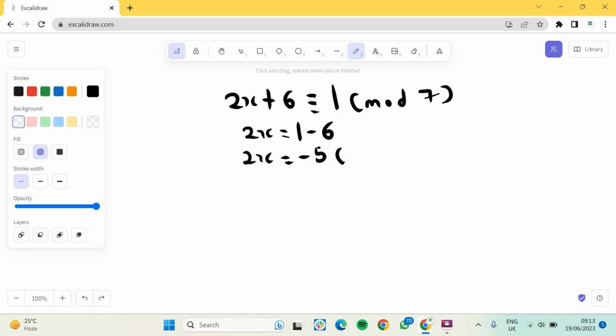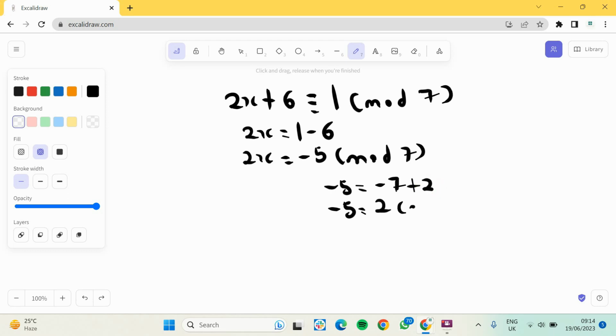So how can I take this minus 5 from a negative value to a positive value in this mod 7? Let's see the things that can give us minus 5 that will be a multiple of 7. So minus 5 could be equal to, starting from 7 times 1, which is 7, minus 7 plus 2. So minus 7 plus 2 means minus 5 is equal to the remainder here,